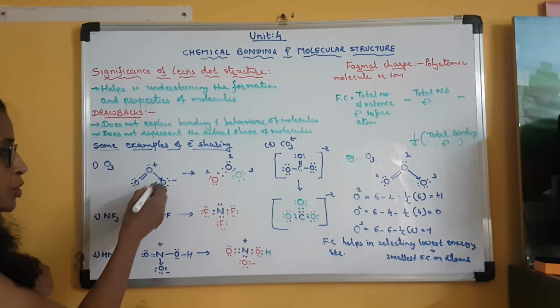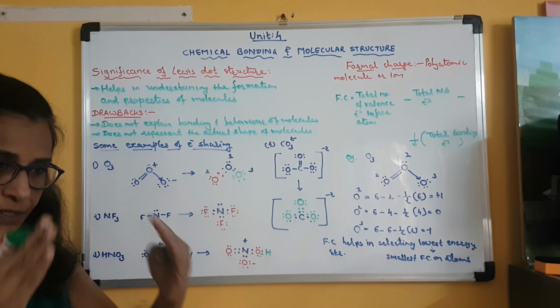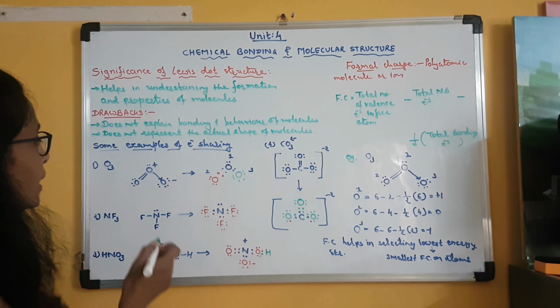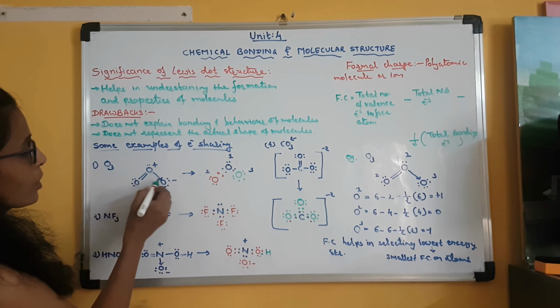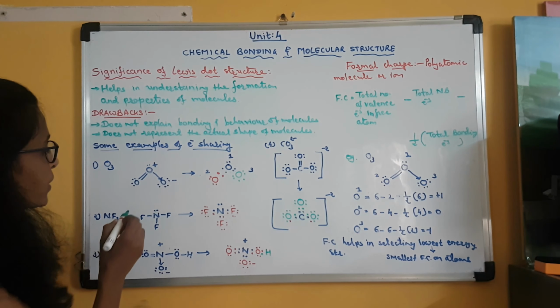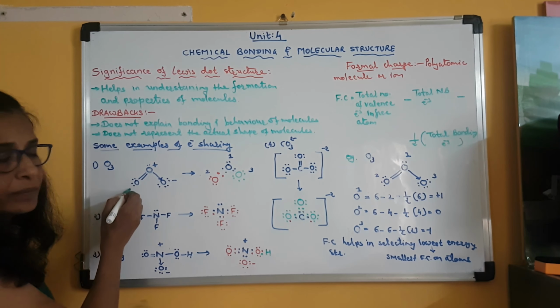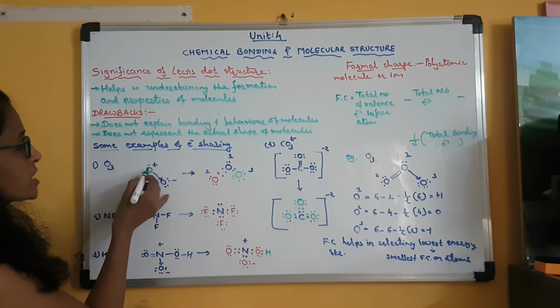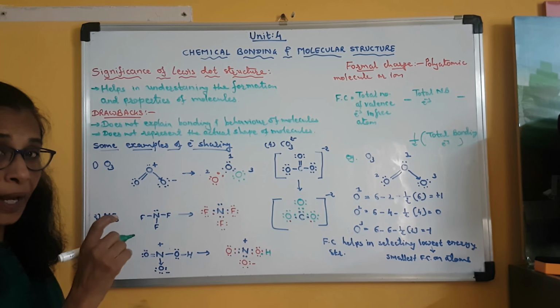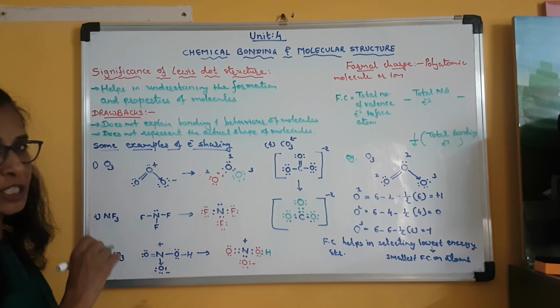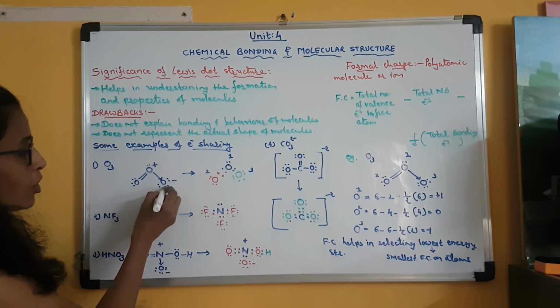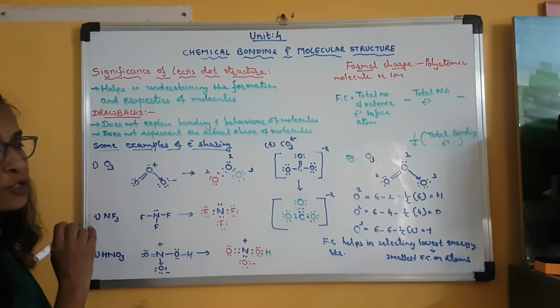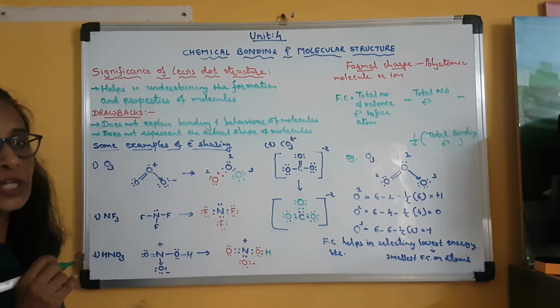Now this is the structure of the ozone molecule. It is a triangular structure. Clear? Now in this you can see three oxygen atoms. On one oxygen atom, I have put 2 electron pairs. On the central oxygen atom, 1 electron pair and a positive charge. And on this oxygen atom, 3 electron pairs and a negative charge.